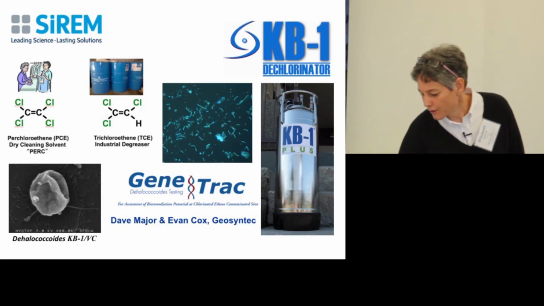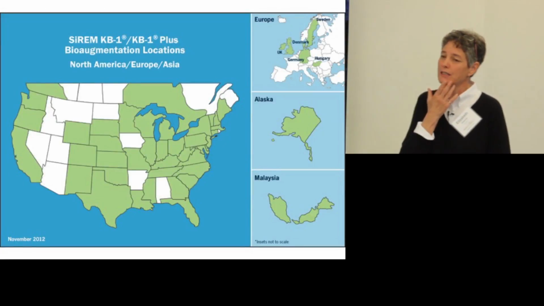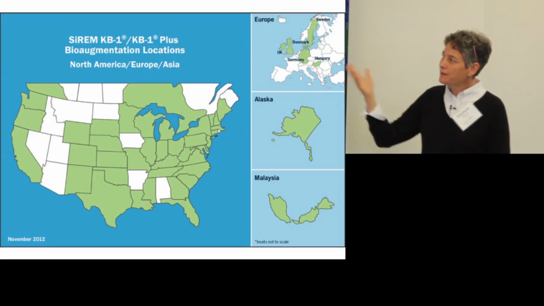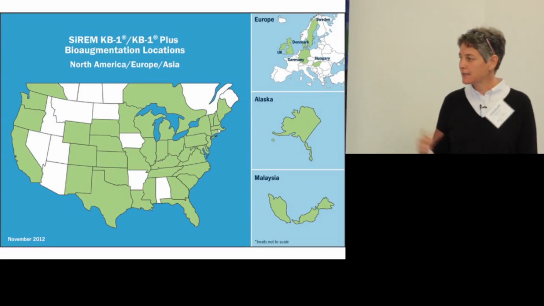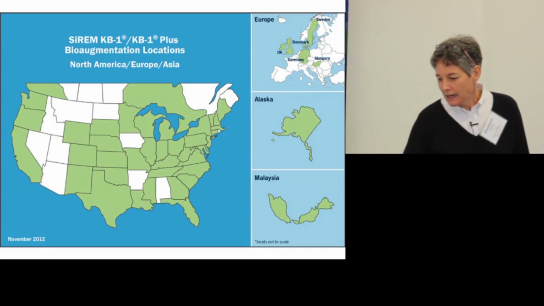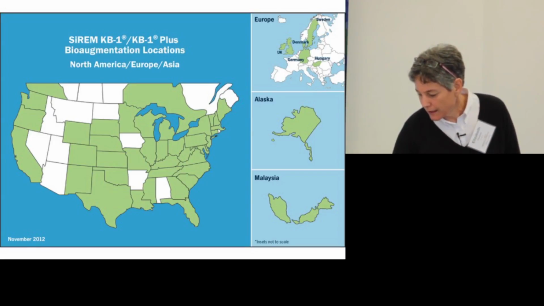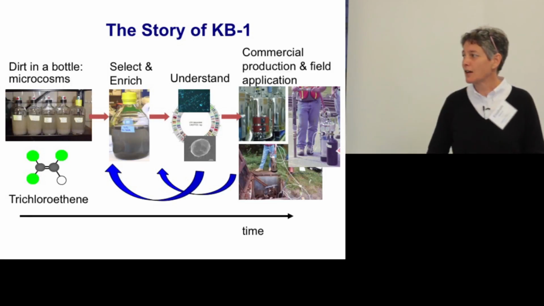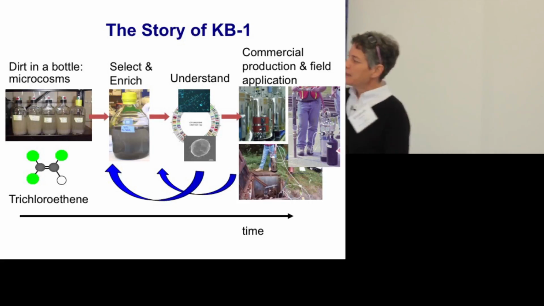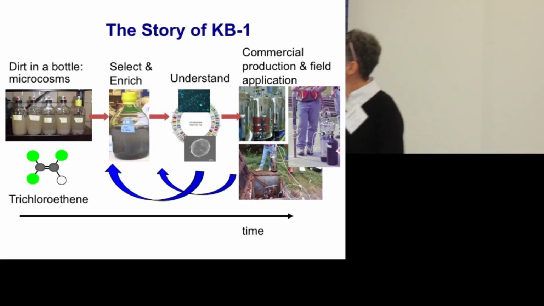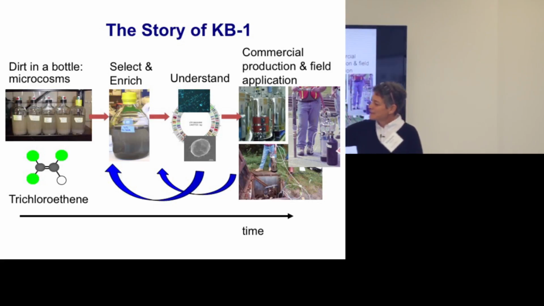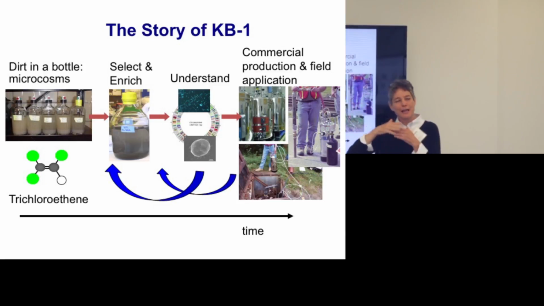Okay? And so the company has done well. It was founded in 2002, and it's still going well, so more than 10 years. They've used it at more than 400 sites around the world. And now we're looking at different kinds of contaminants, additional contaminants that one can use in the same kind of strategy. So just to recap, the idea of dirt in a bottle to commercial process, this happened in this case, but this kind of dirt in a bottle to commercial process was happening, and many people around the world were finding, oh yeah, it really does work.